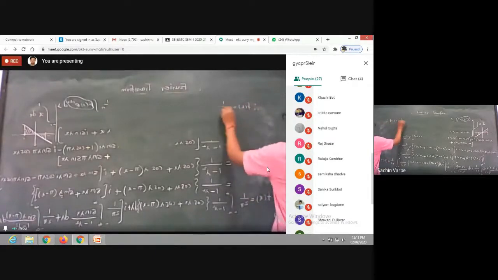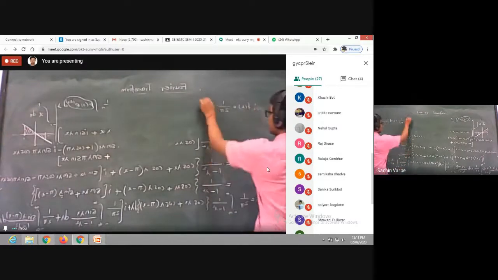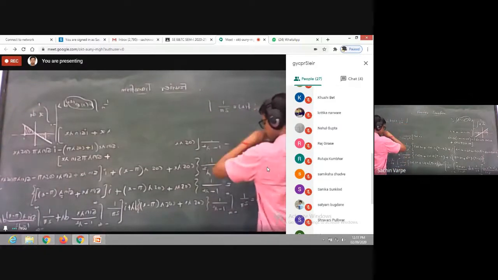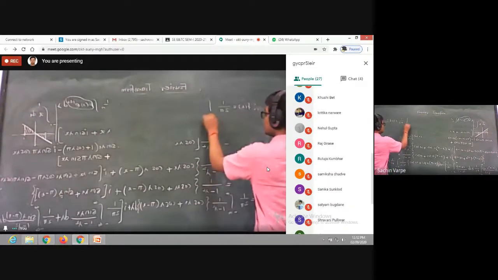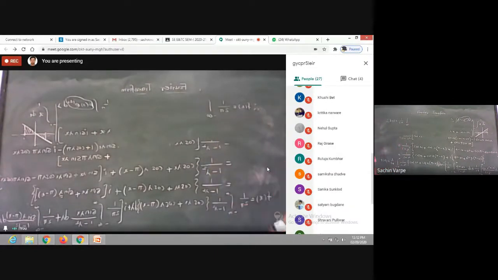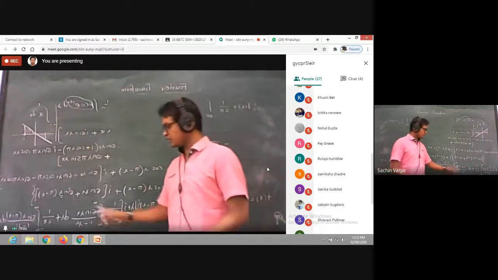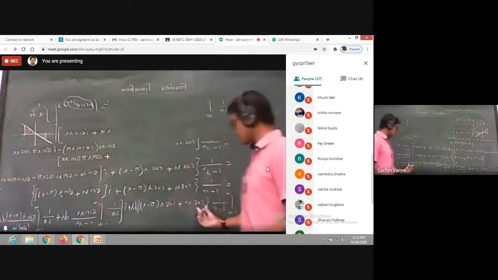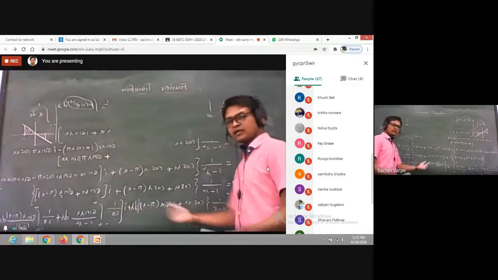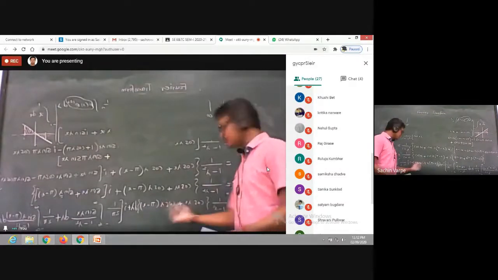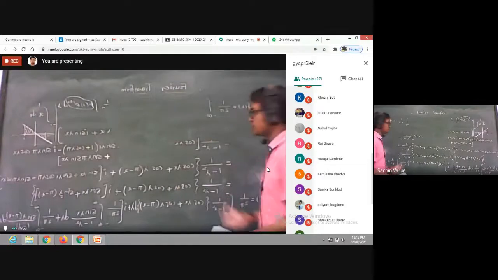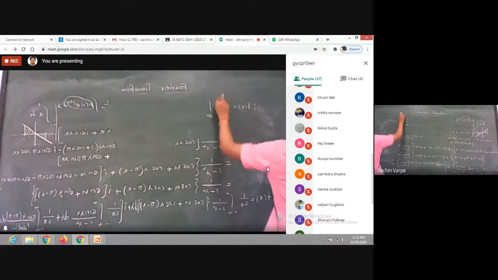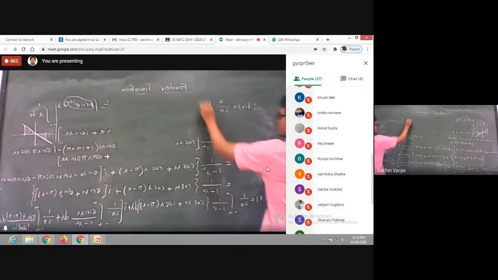1 upon 2 pi integration from minus infinity to infinity. Okay. One more thing. As we have taken the integration of odd as 0, and as cos and cos are even functions, their integrals over the two-sided interval will be 2 times from 0 to infinity, isn't it? So I am writing that also. So 2 times from 0 to infinity.